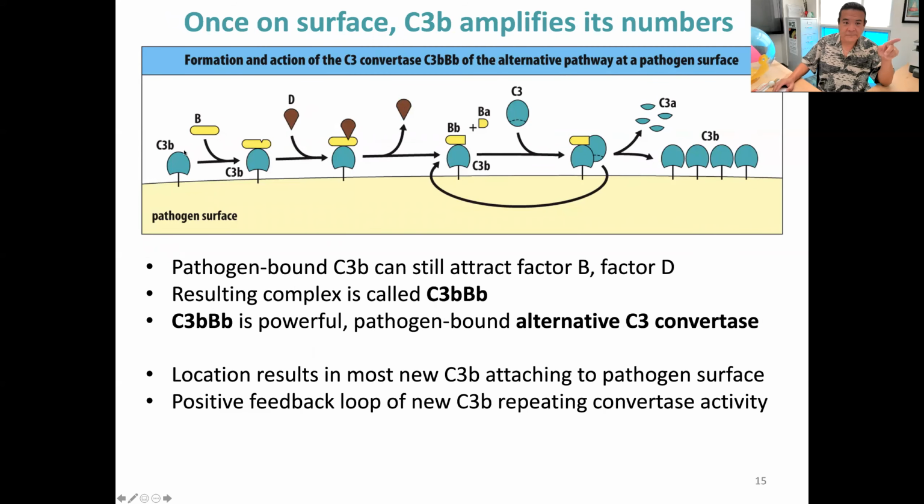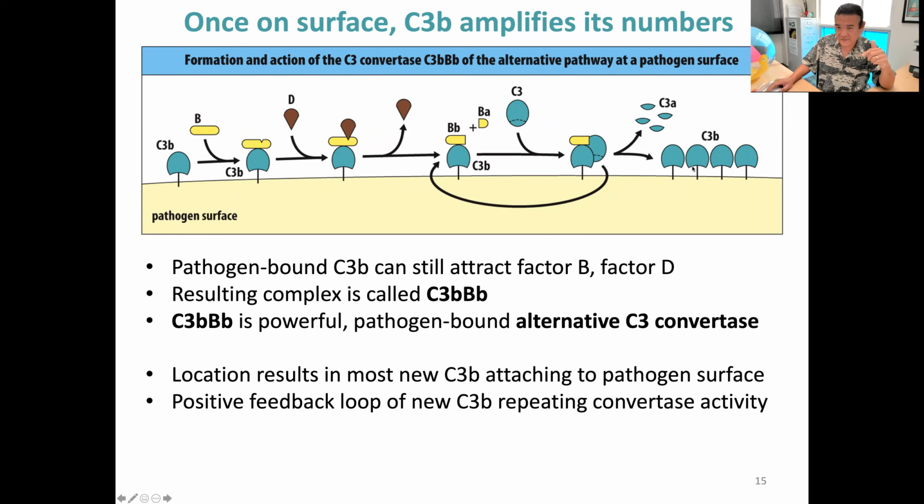Okay, so now we're starting off with that first molecule of C3b that got planted on the surface. What happens next? Well, this C3b recruits its own factor B, and that factor B recruits another molecule of factor D. And guess what? It's basically a repeat of that first slide, because now you formed again a C3bBb, a C3bBb that's now stuck to the surface, and it goes ahead and attracts another molecule of C3, cleaves it or converts it, and sticks that C3b